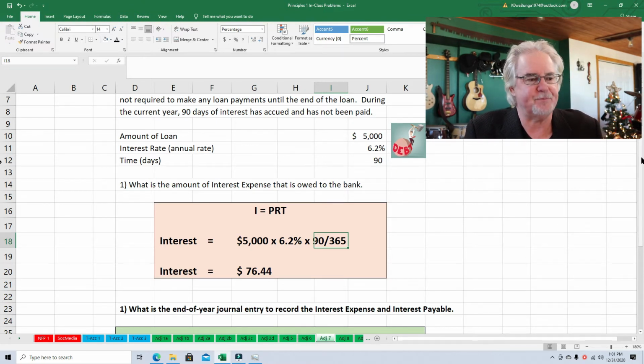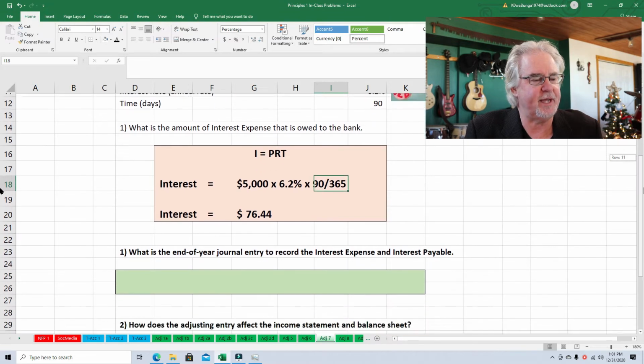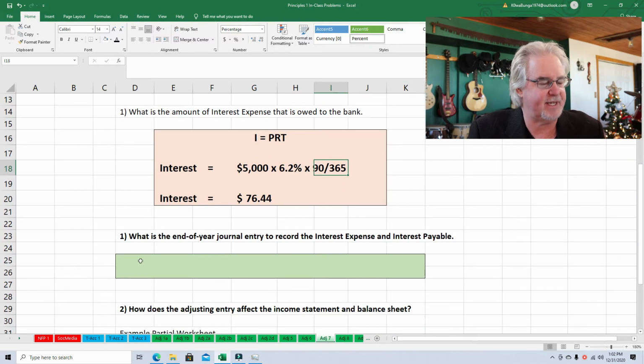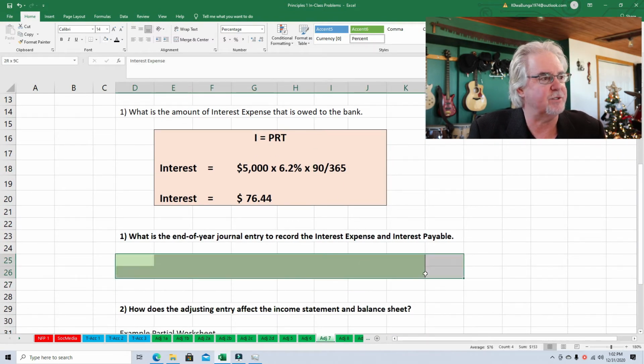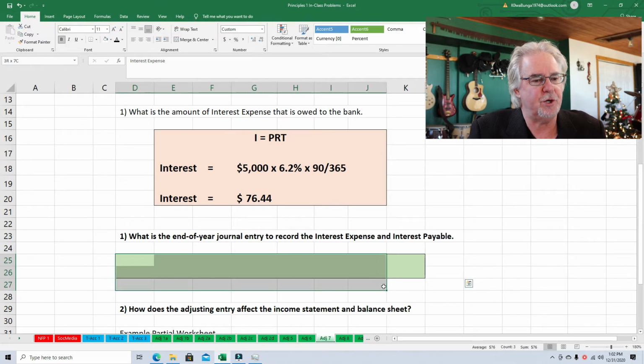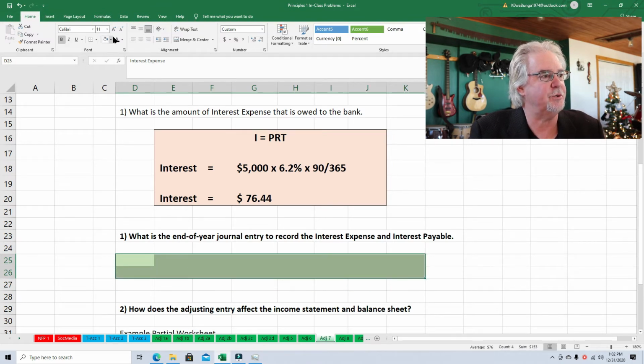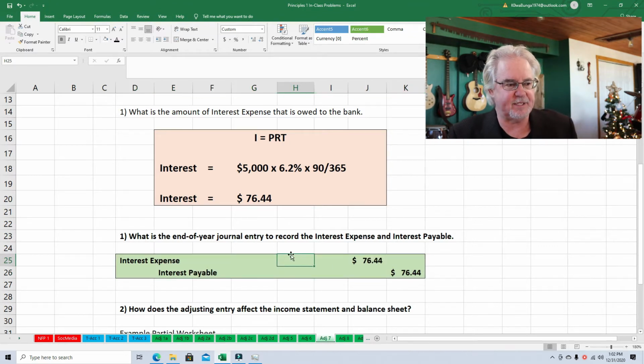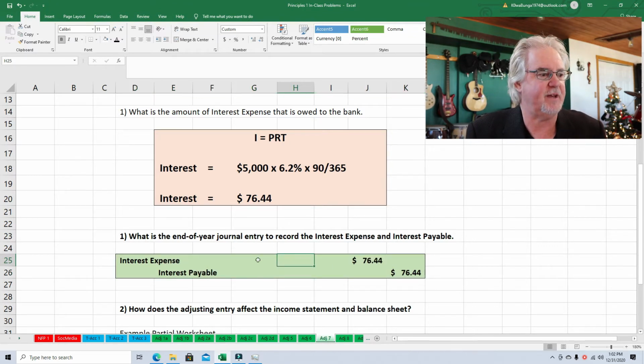So at this time, the accountant would do a journal entry, an adjusting entry at the end of the year. So this is to show in the books that interest has accrued, interest is owed, and it's not being paid, but it's owed. All right, so we've got interest expense of $76.44, interest payable of $76.44, and that's the